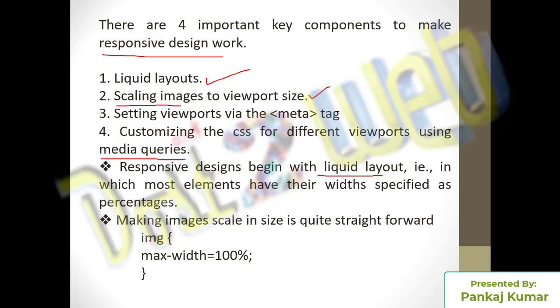Like you can see below how I am using it. Making the image, suppose you want to use an image, earlier we used to use img and size equal to pixels, but here I am defining in CSS img, wherever the image is used, the max-width is 100%. Whatever the actual size of the image you have used, suppose you give 1900 by 800 pixels, that is the actual size that will be displayed on your browser. But the moment you reduce the size, it will also get reduced. So as per your requirement, you have to create the image.